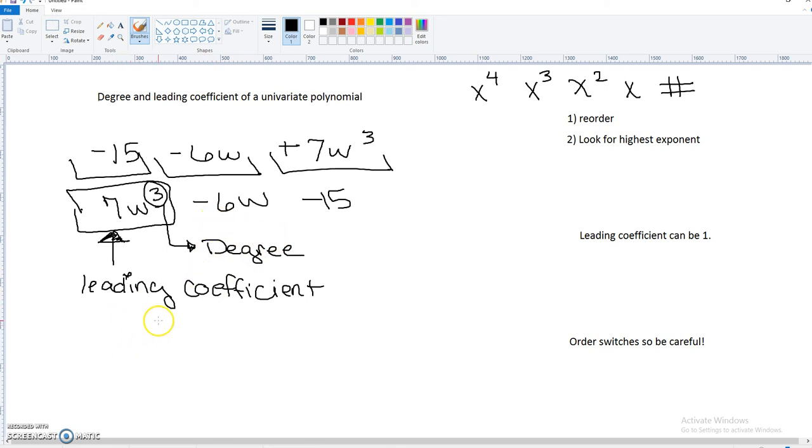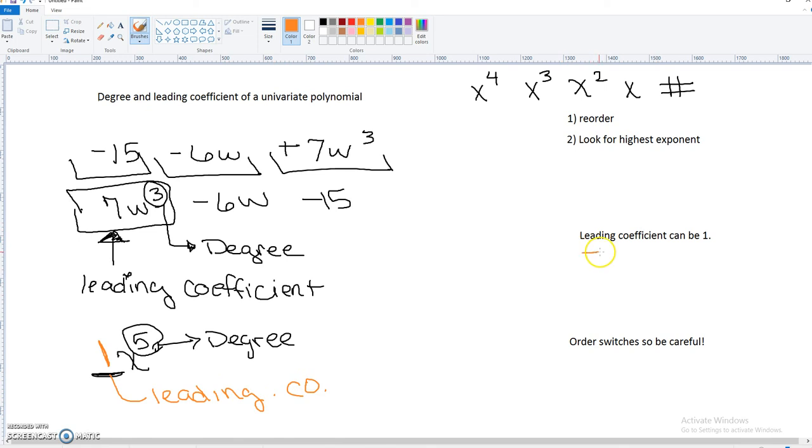Also, I want you to please remember that as you're doing this, if, for instance, the first term was x to the fifth, and that happened to have been the highest term that went first, then 5, of course, would be the degree. But you're like, but there's no number here. Remember, there's always that invisible 1. So in this case, this would be the leading coefficient,